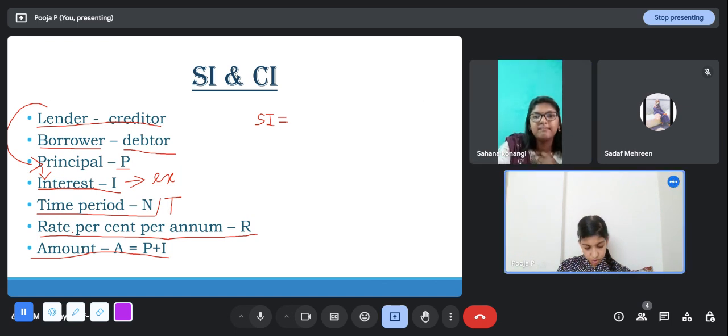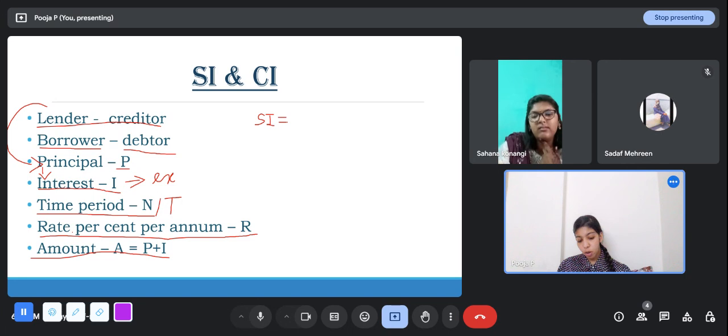Which formula? R plus R by 100 plus R into 100? No, that is not for compound interest. I told you that if a particular commodity is increasing by R percentage, then the reduction in consumption, by what percentage it has reduced, is given by R by 100 plus R into 100. The compound interest formula itself is different.